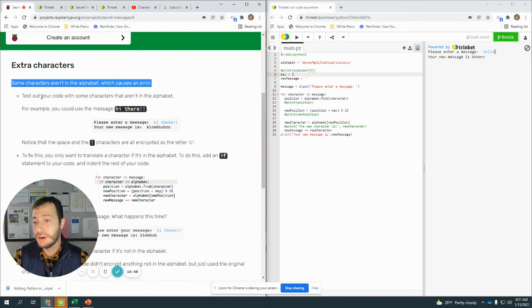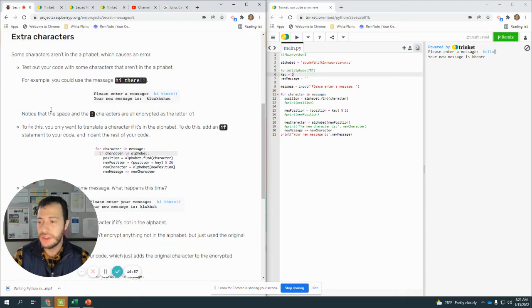Some characters aren't in the alphabet. That causes an error. To test your code out, we saw with the exclamation mark that it turns into a C because that's still getting shifted. So we don't want that to happen. To fix it, we only want to translate a character if it's in the alphabet. And to do this, we're going to add an if statement to our code and then indent the rest of the code. So in that loop for character in message, what we're going to say is